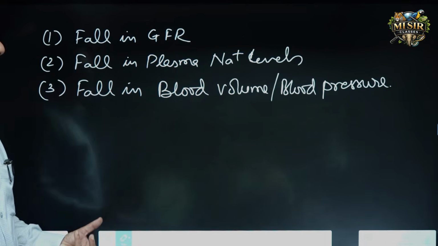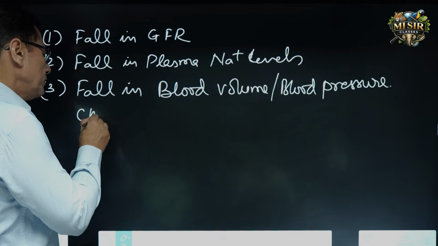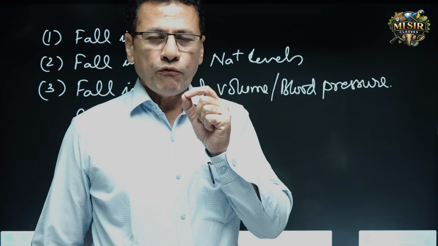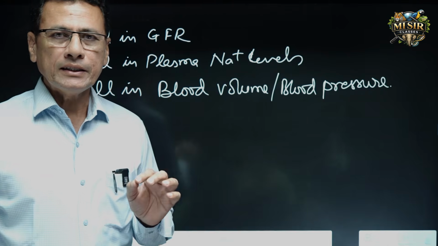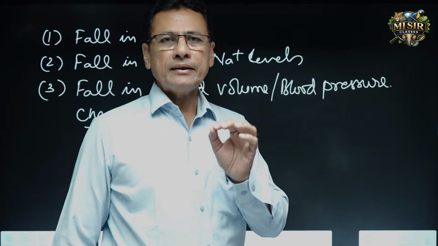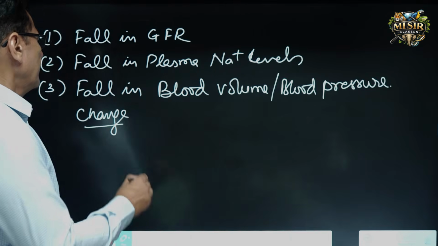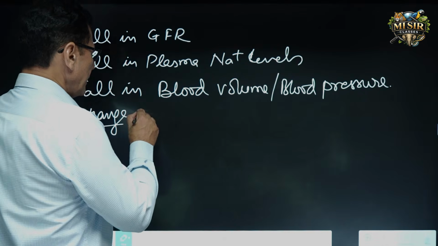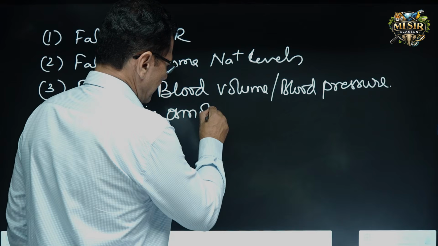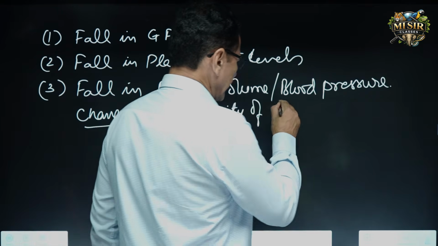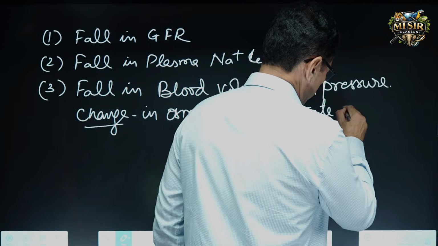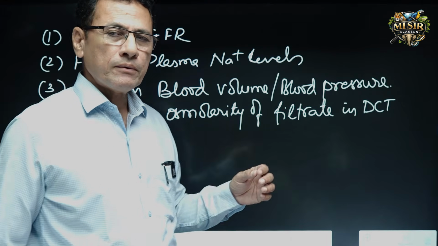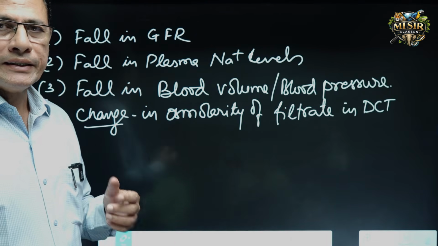In these types of situations, there is a change in the osmolarity of the fluid which is flowing in the DCT. DCT contains what? DCT contains filtrate. So the osmolarity of the filtrate in the DCT changes in these circumstances. So there are four questions which can be asked from here in the NEET exam, that in which circumstances